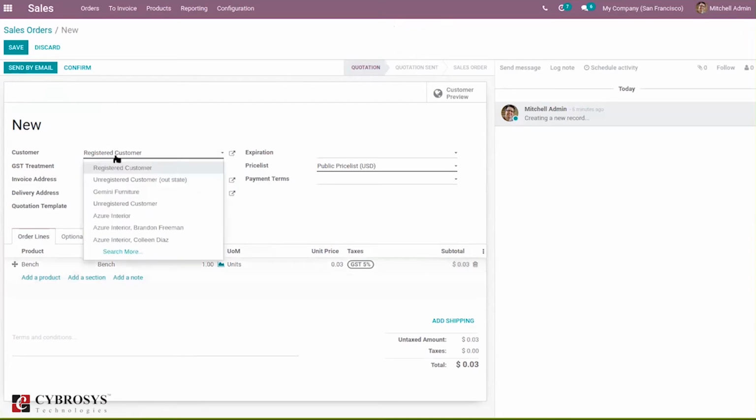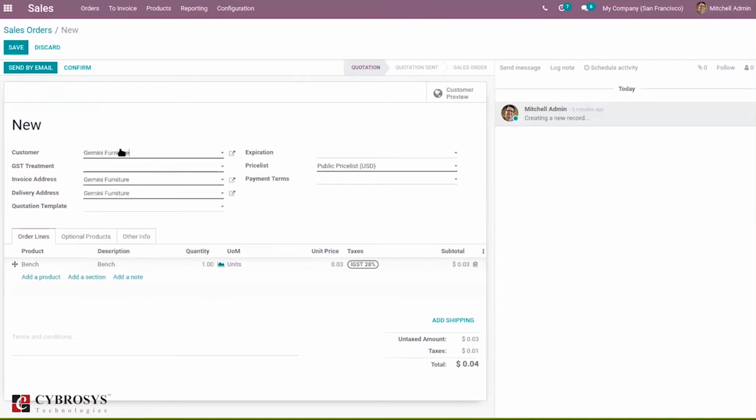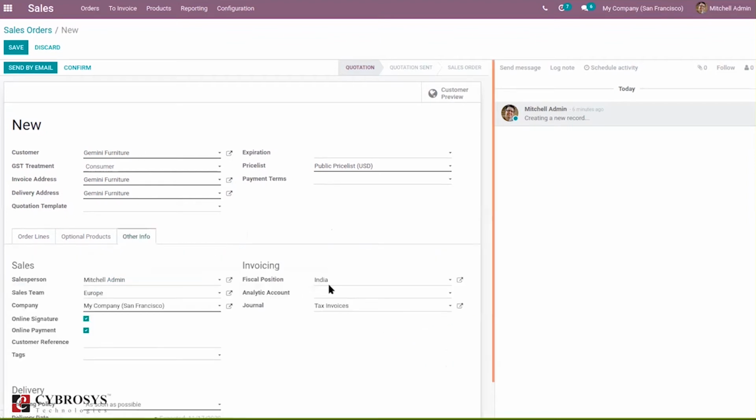Sorry, I have to set the customer for which we have set the fiscal position India. So when you select Gemini Furniture, you can see the tax is mapped to IGST 20%, but the customer tax, that is the default tax set inside the product, was GST 5%. So it is mapped according to the mapping that we have given inside the fiscal position India. And you can see that fiscal position here, it is India.